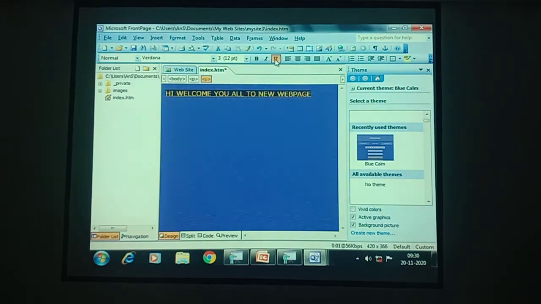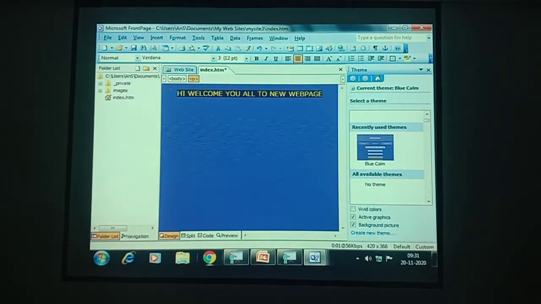After selecting, you can click on that particular option. Next we are going to learn about the alignment concept. See here, after selecting this, if I click any alignment, the text will be moved from here and there, if it is left, center, right or justify. Based upon that, the changes will be applied.